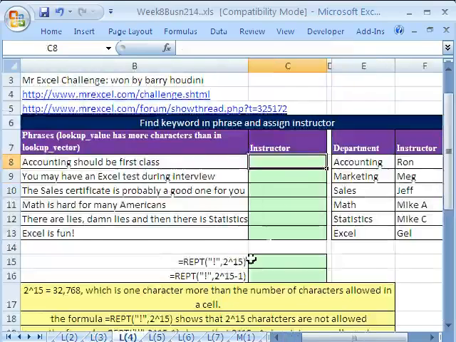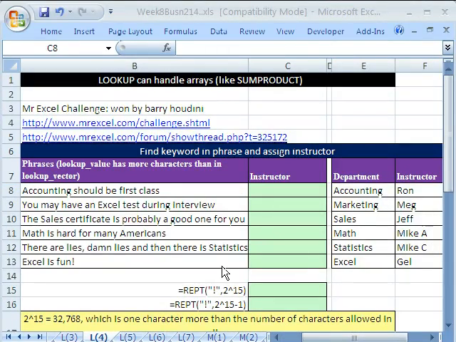Let's look at a good example. Now, we're not only going to see that the lookup can do 2 vectors set up wherever in the spreadsheet, but we're also going to see in this trick that lookup can handle arrays just like the SUMPRODUCT function. Now let's look at our setup here. We have some phrases. Accounting should be the first class. You may have an Excel test during your interview. So we have longer text strings. And we actually need a formula to take the longer text string and find a shorter subtext string and return from the